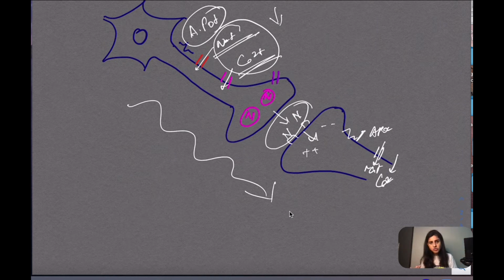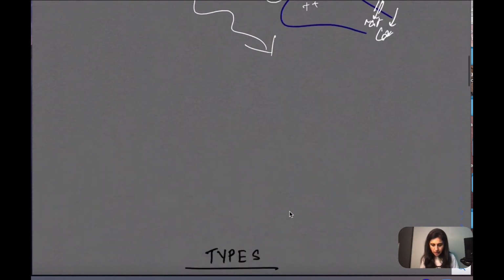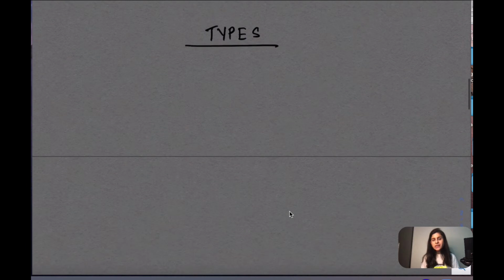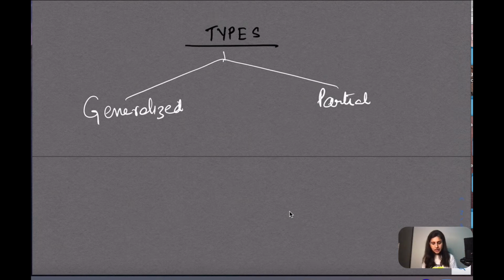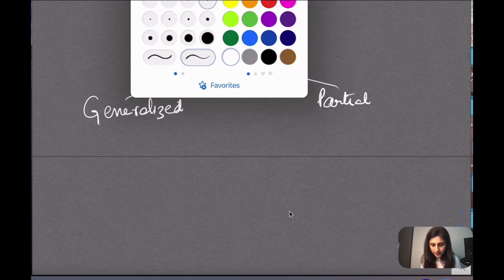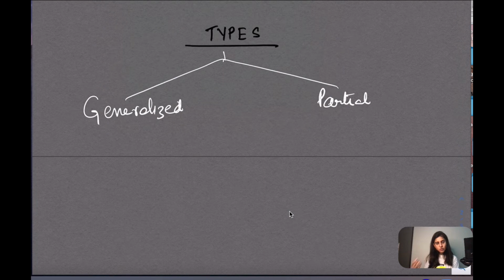Apart from these, we have some other drugs also, but these two remain the main channels of focus. Now we come to the various types of epilepsy that we know about. The types of epilepsy are either generalized seizures, or partial seizures or partial epilepsy, we can say. So if we talk about what is generalized and what is partial,